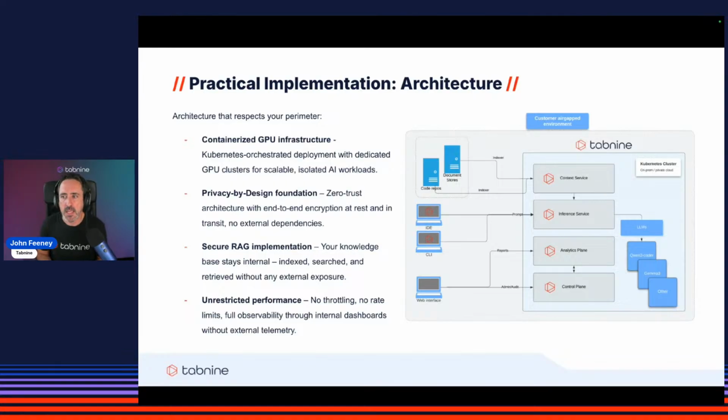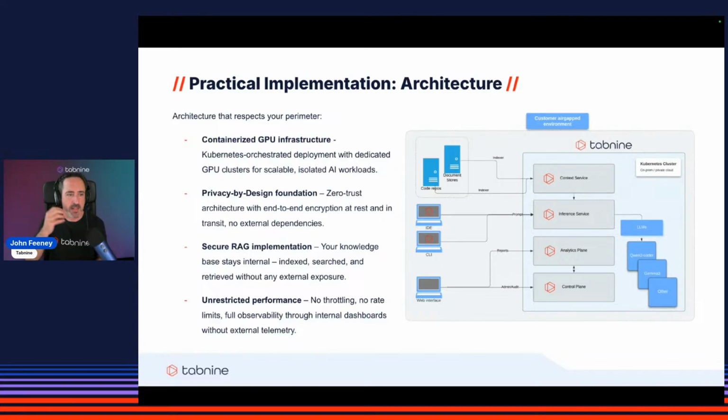And then, one of the key aspects here that's important to be mindful of is that there are no remote dependencies whatsoever. The system doesn't need to phone home. It doesn't need to check for licenses online, and there are no updates that need to be downloaded automatically. Nothing like that. This is all completely self-contained.